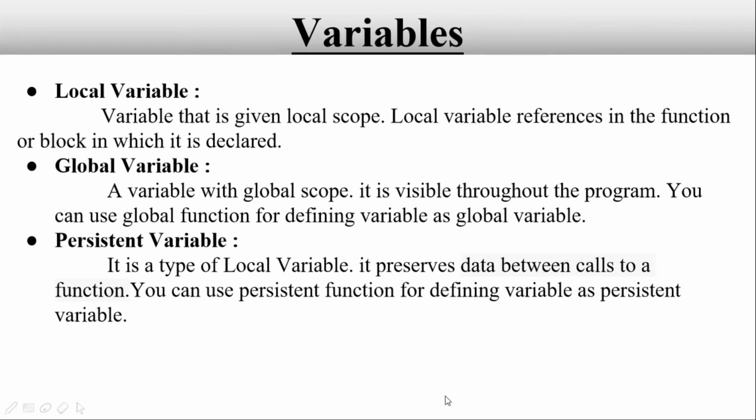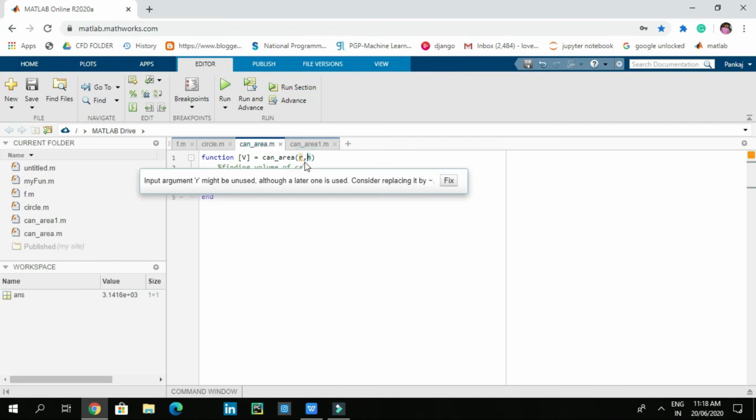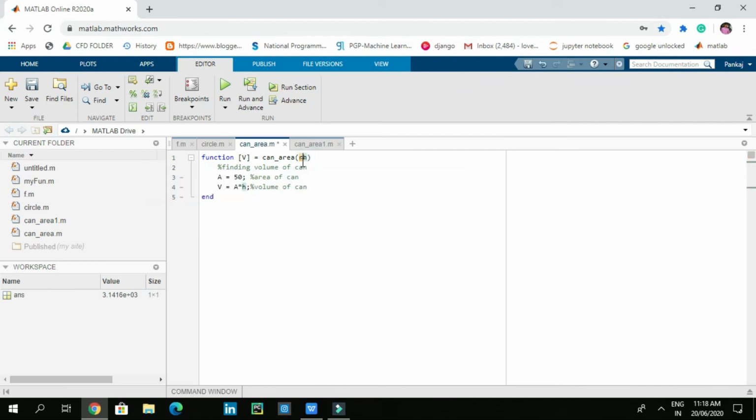So the second type is global variable, a variable with global scope. It is visible throughout the program, and you can use the global function for defining a variable as a global variable. Now let's work on defining. For defining a global variable, here we are having R, we don't need it. Let's remove.